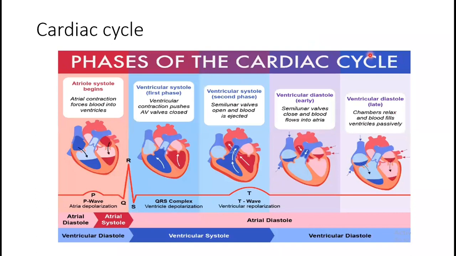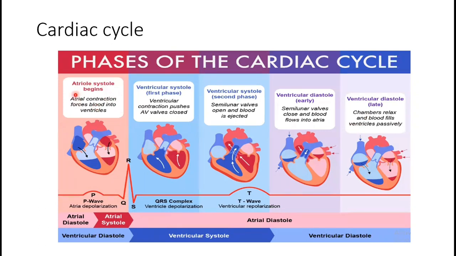Now, cardiac cycle. What is the cardiac cycle? Cardiac means heart. Cycle is some process which is in the form of a cycle, which repeats one after another, okay? So this cardiac cycle is the transportation of blood inside the heart. This cardiac cycle has basically two phases, systole and diastole. And if you see it very clearly, these phases are divided into five subphases.